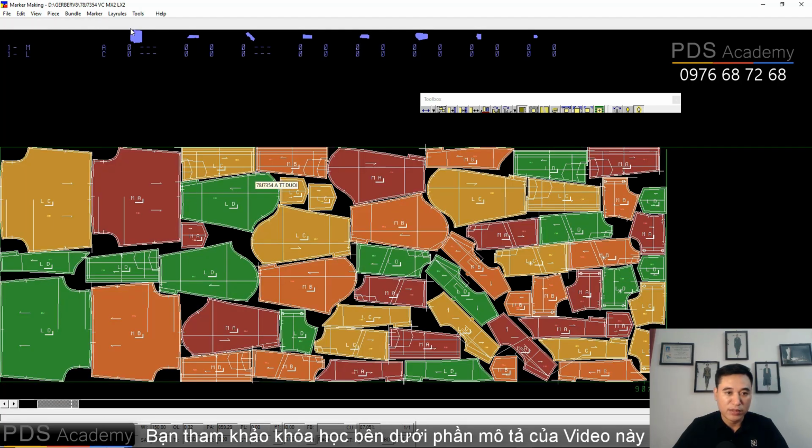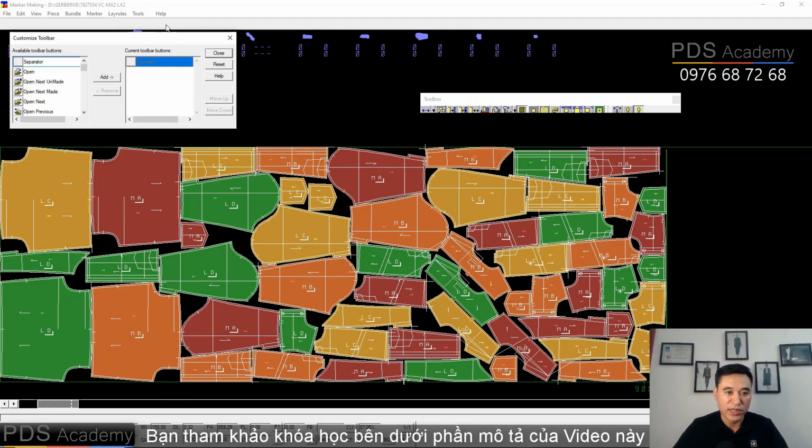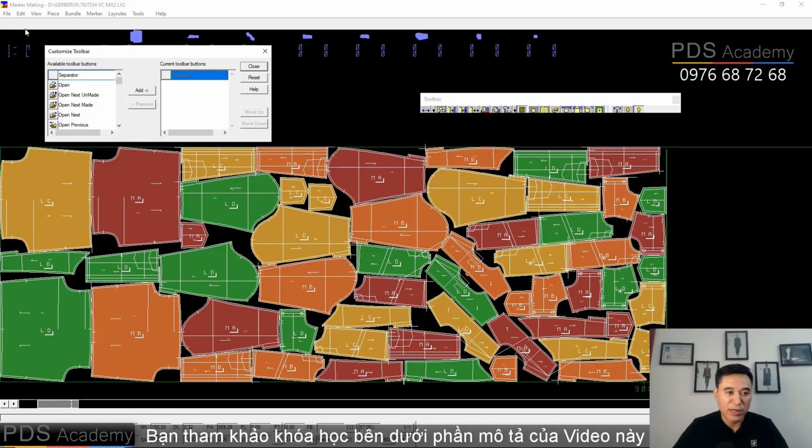As for the commands that are on this menu, you need to double click the white bar like I'm doing here. Double click with the left mouse button. So if you want any command to appear up here, select it on the left side, click add, and it will move up here. For example, Save as. Whichever command you want, just click here, then click add, and it will move over here for you. See, when you click like this, it moves over here for you.